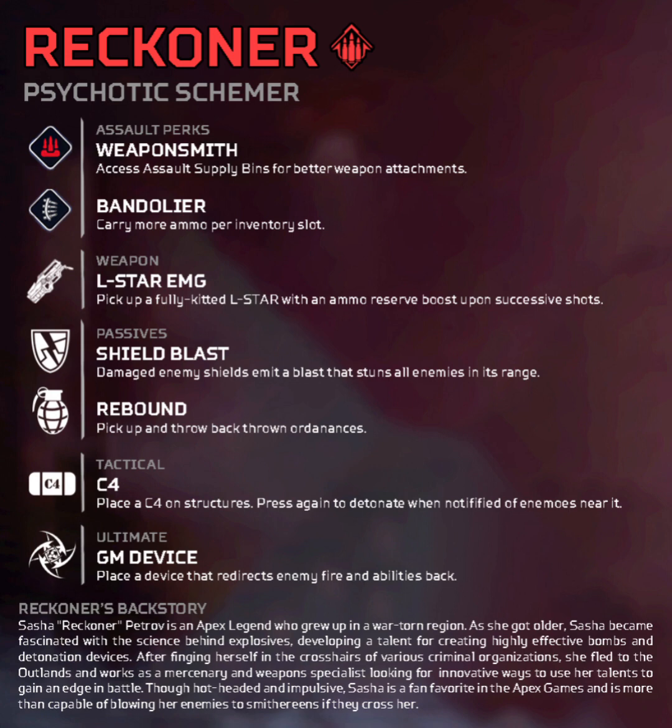And then we'll have C4. Place a C4 on structures. Press again to detonate when notified of enemies near it. Now, I think it's about time that we do actually get some form of C4 ability, maybe as part of a controller class legend, possibly, but I think it mostly fits an assault class legend. Just because it's in every single other game, basically, and it actually isn't in our game right now, so...